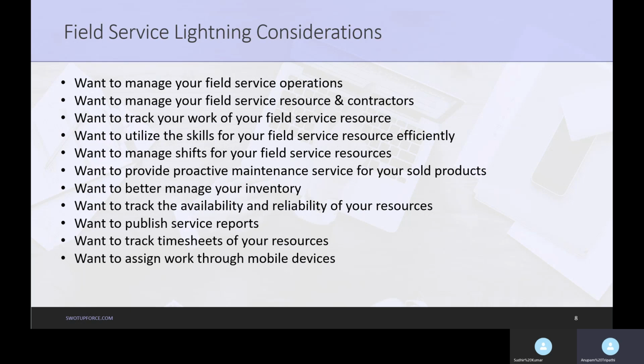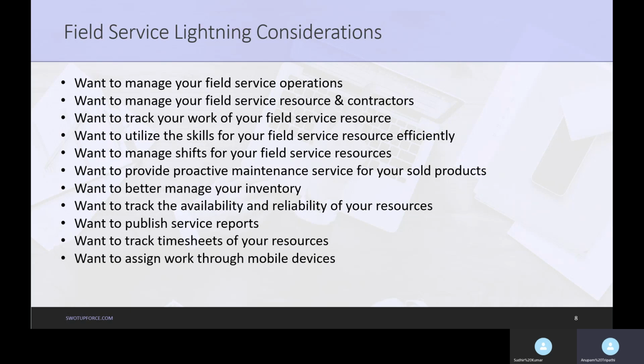We understood the considerations for which scenarios we should use Field Service Lightning: when you want to manage service reports, generate timesheets, and allow your field service agents to use mobile devices.